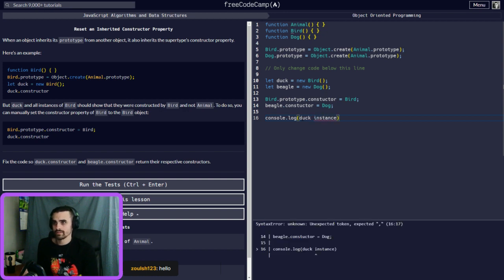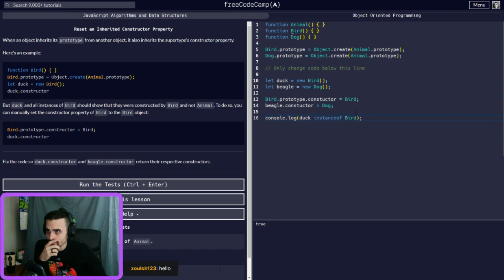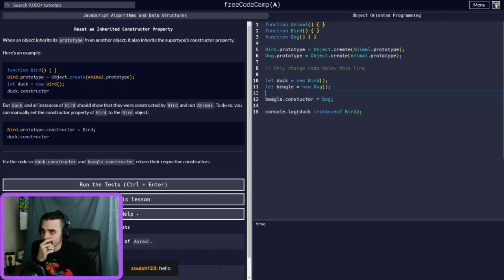Well, that's gonna still say that's instance of, hold on, bird, right? That's true. But if I take this off, it's still the same thing because it's still coming off of duck. That's a bit confusing, right?